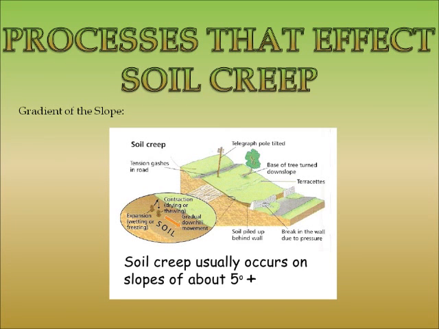Gradient of the slope. The steepness or gradient of the slope and the rate of soil creep have a direct relationship. Creep occurs when the friction produced from materials resisting gravity move against each other. As the gradient of the slope increases, the gravitational force that is perpendicular to the slope decreases, resulting in less friction between the materials, causing the soil to slide downwards.